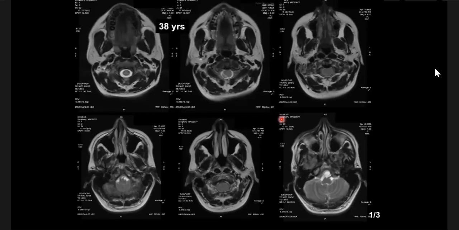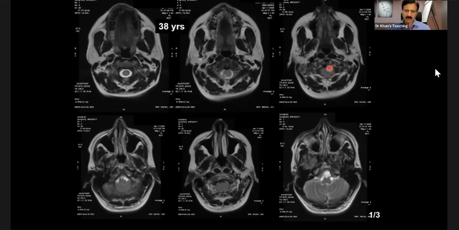I can't see much CSF spaces, much CSF. So what is happening here? What is your impression here? You have picked up the finding very well. The cord looks a bit abnormal in that image. So if you see, the cord is here, something is sitting behind. If you look carefully in the next one, there is no CSF, and anteriorly is the cord, and something is sitting behind. So now here,